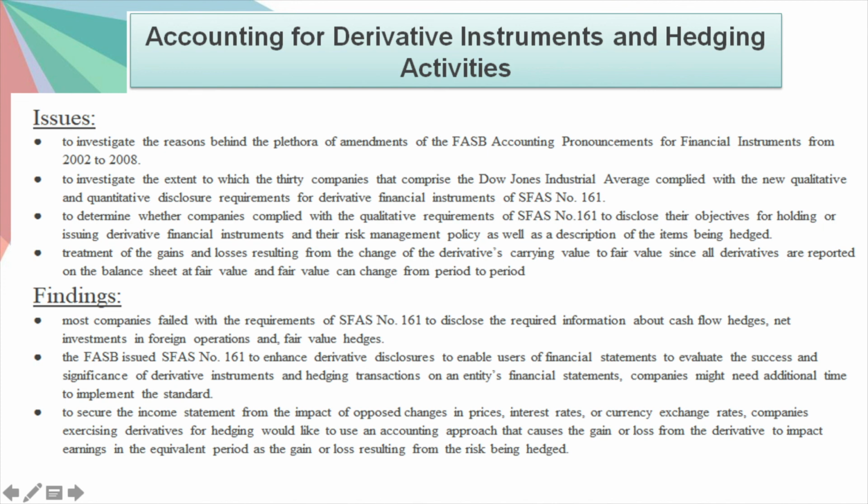So the finding, we can say that most companies fail to meet the requirement of SFAS number 161 to disclose the required information about cash flow hedge, net investment in foreign operation, and fair value hedge. The FASB issued SFAS number 161 to enhance derivatives disclosure to enable users of financial statements to evaluate the success and significance of derivative instruments and hedge transactions of an entity's financial statement. Companies might need additional time to implement the standard. And lastly, to disclose the income statement impact of opposed changes in price, interest rate, or currency exchange rates. Companies exercising derivatives for hedge would like to use an accounting approach. So next,